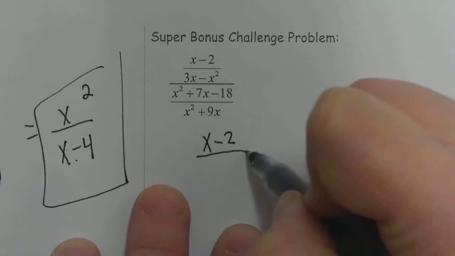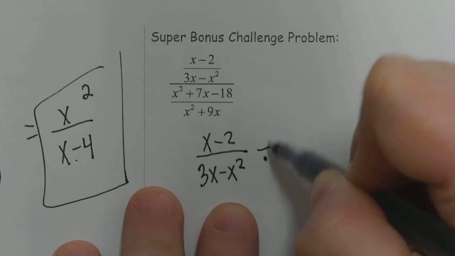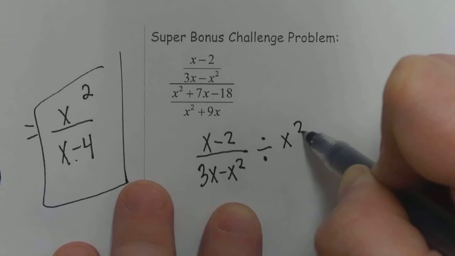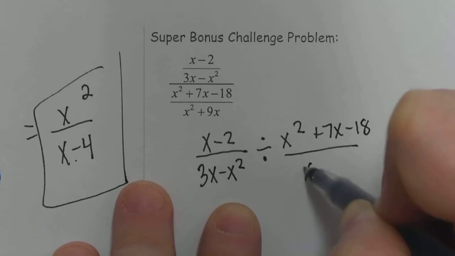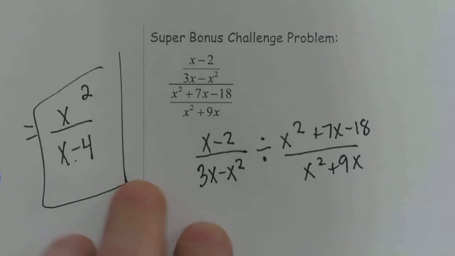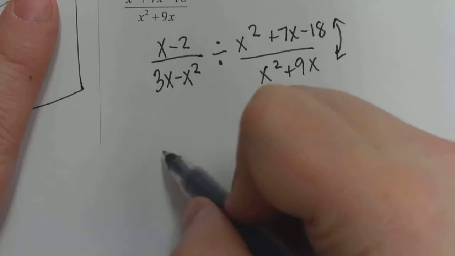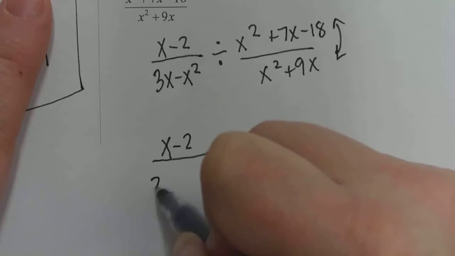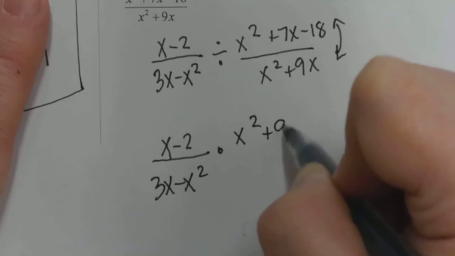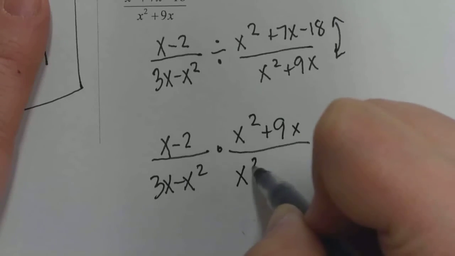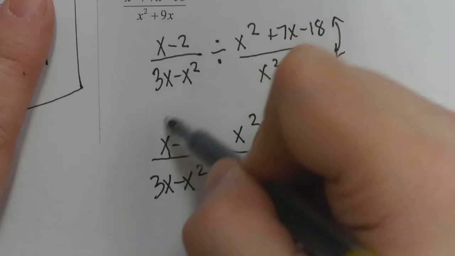All right, this last problem here, super bonus challenge problem. Really, if we look at this, we'd have x divided by 2 over 3x minus x squared. And then if we wrote it with a divide sign instead, we'd have divided by x squared plus 7x minus 18 over x squared plus 9x. So really, this is not as hard as it looked. All I have to do is flip this second fraction upside down and multiply by it instead. So I'm just going to rewrite it now as a multiply problem by flipping that second part upside down